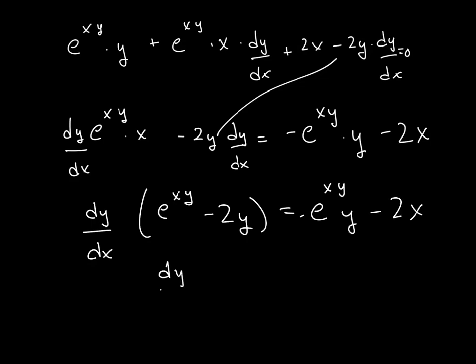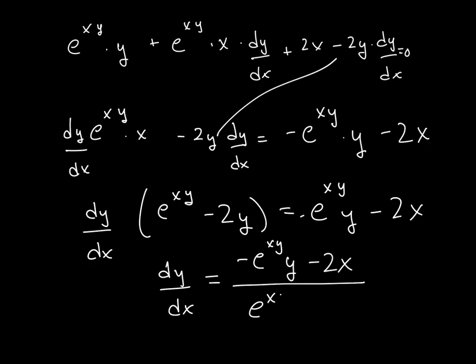And finally, dy dx is equal to negative e to the xy times y minus 2x, all over e to the xy times x minus 2y. Make sure I double check all of them, just to make sure that you have all of those pieces inside there, because it's really easy to